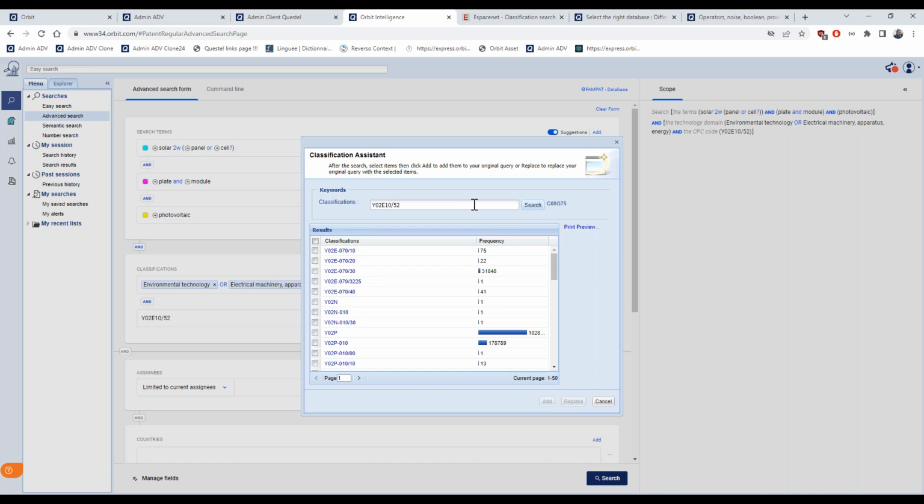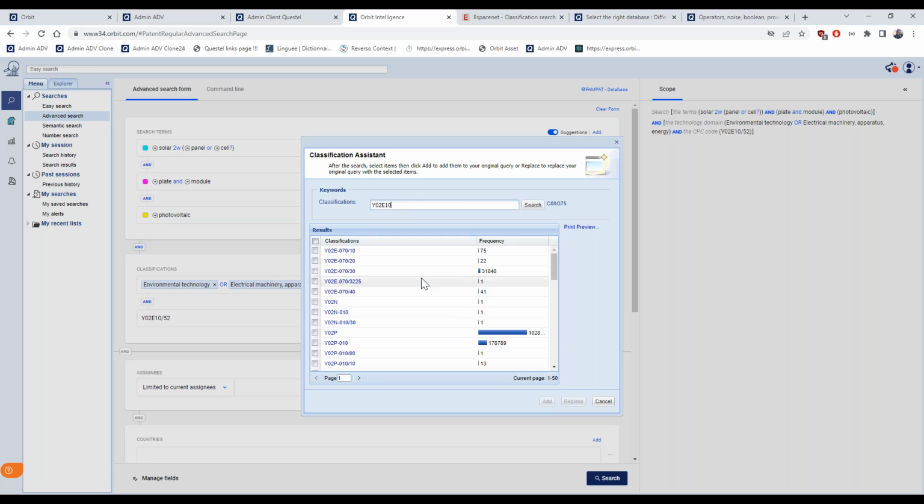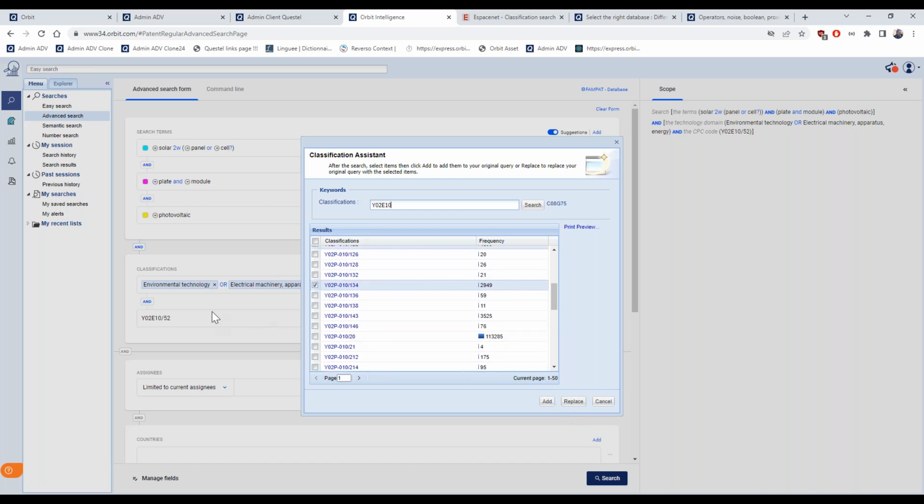So I put my class here, and the system is trying to find the most frequent, the frequency of families in the whole database. So we are not talking about the search results that we saw before, but this is an analysis on the full database, FAMPAT. Here I can maybe then select only the most frequent one and add it to my search or replace. So instead of this one,